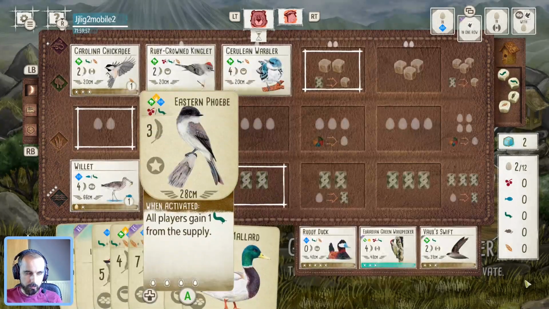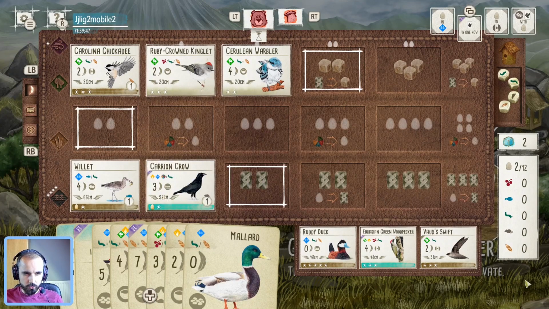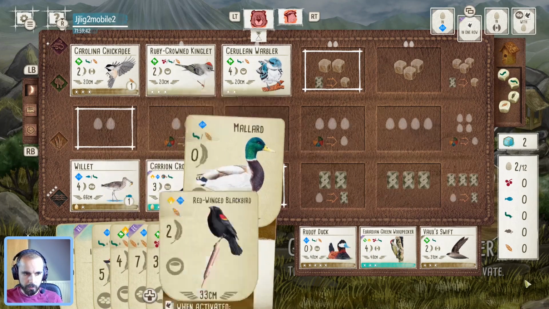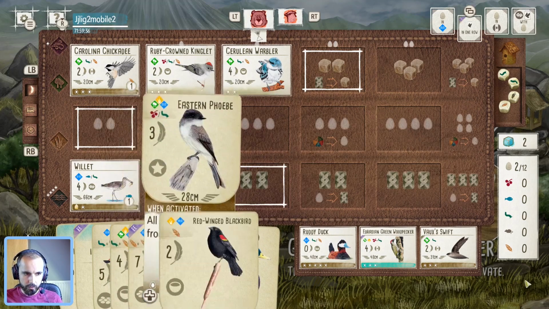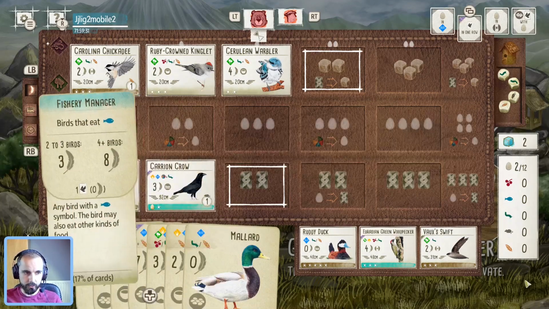And we'll take, I think we take food here. Like I say, take food, play Blackbird and Phoebe. Not sure the order matters too much. But yeah, we can afford to chuck a card because then we've got Goose and Grosbeak to tuck onto the Blackbird. Those give us the 2 Phoebe worms to then play the Oyster Catcher. So...